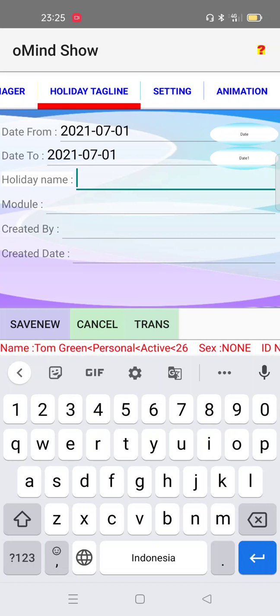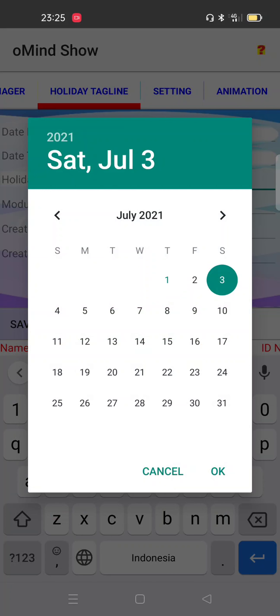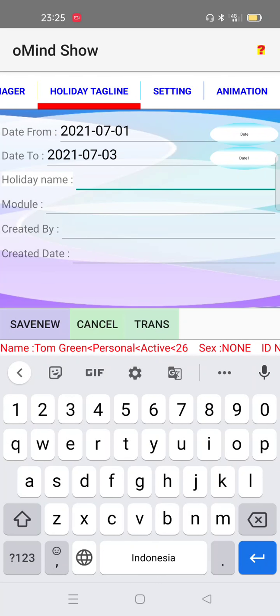You select a date from the existing calendar, then the start and end date data items will be filled in immediately. If you want to change the end date because it is within a few days, then you click the calendar button on the right and select the end date, then you can fill in the day off description. For the tagline, you can click on the label on the left. It will change between the tagline and the name of the holiday. If the name holiday means what you enter is a holiday, if the tagline means what you enter is the